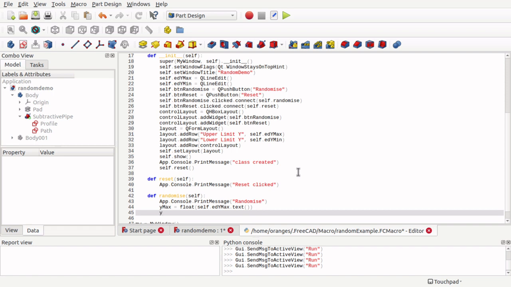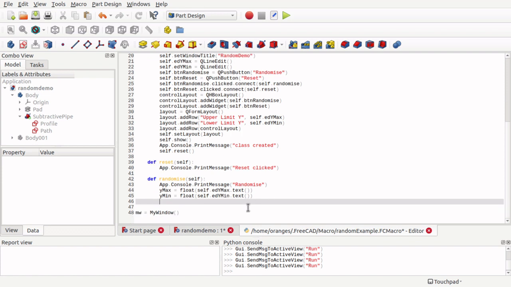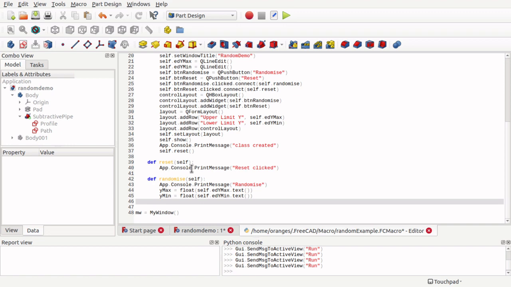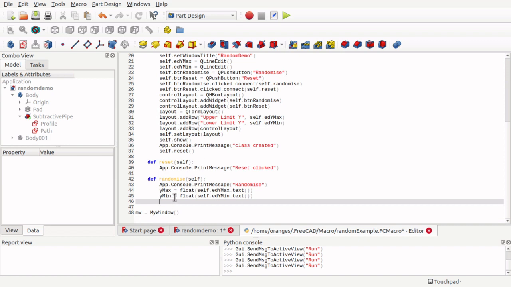I'm going to use y min as well. So we've got y max and y min. If I think about it, we've also got this reset here as well. The random piece of code, which is at the top, goes for each of the points and sets those to a random value in a range. The other thing we've got to think about is reset, because we're going to go through each of these and set them all to the y-axis of 0. So we would want to reuse code where possible, so I'm going to call another method to do the setting of the values,